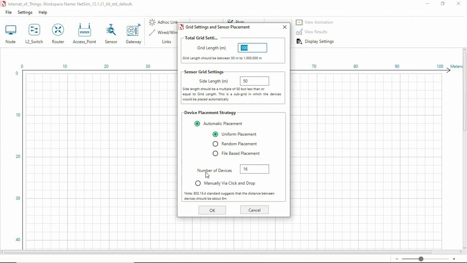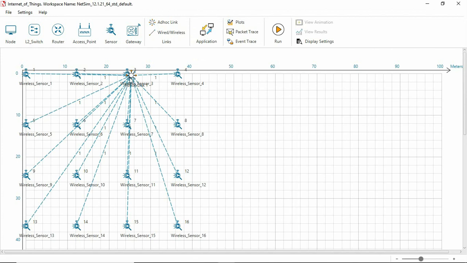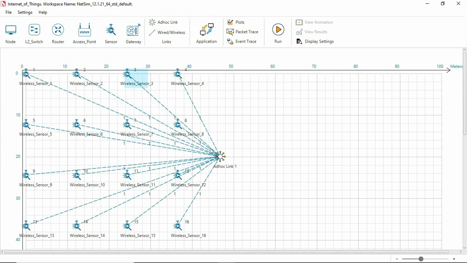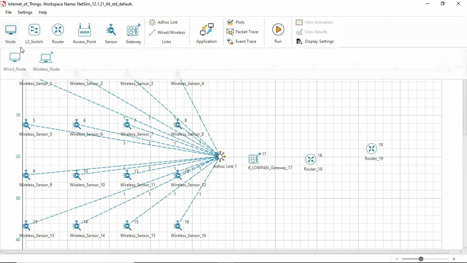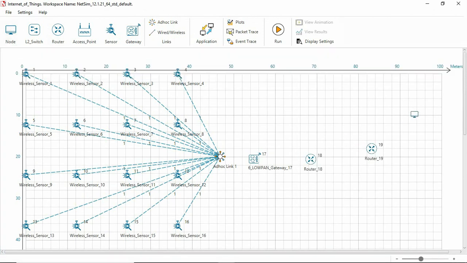We use the automatic option to place 16 sensors uniformly on the grid. We then add a 6LoWPAN gateway, a couple of routers, and a wired node onto the grid and connect them using links to form a network.